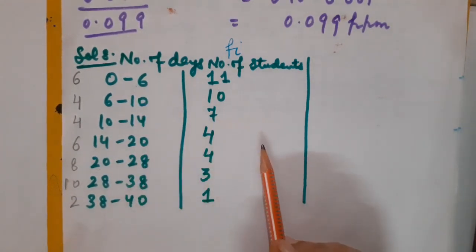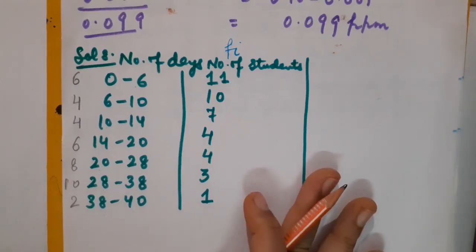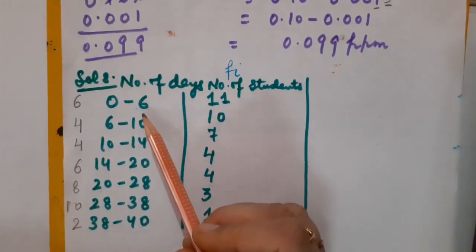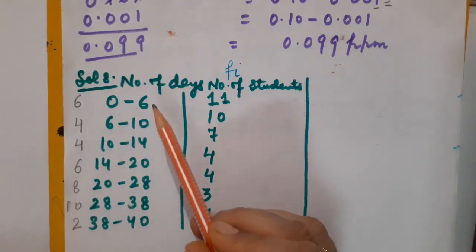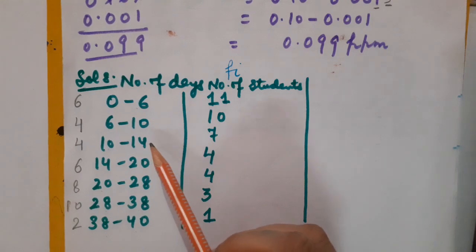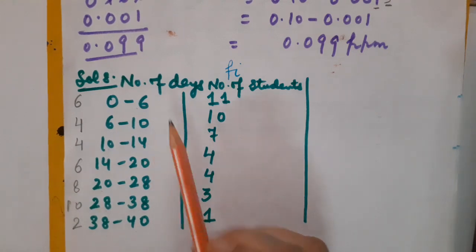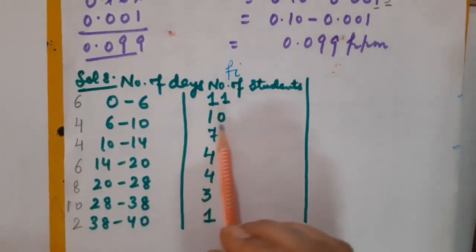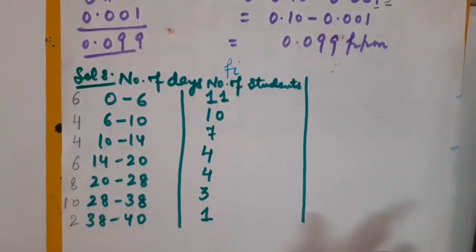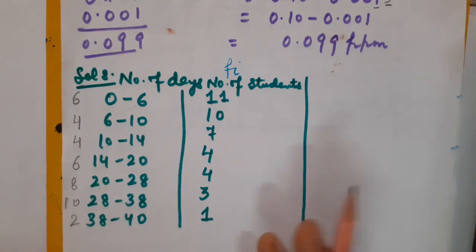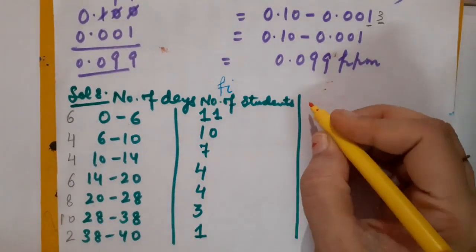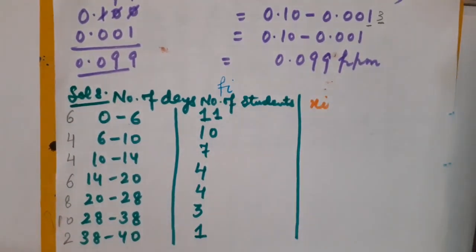As I am going to explain the step deviation method, always remember, whenever the class size is the same in the specified class marks which are given to you in the question, then and only then you can apply the step deviation method. Otherwise you can't apply. So either you can apply the assumed mean method or the direct method. That depends on us. If the calculations are easy, then we can go with the direct method also. So let us calculate xi, which is the demand of both the methods.